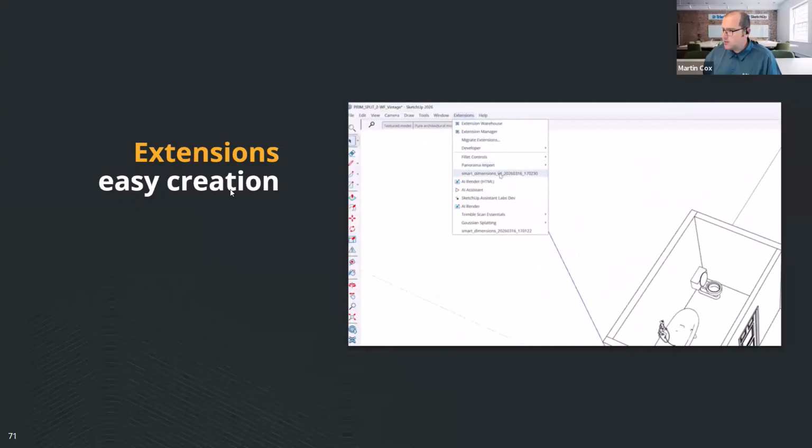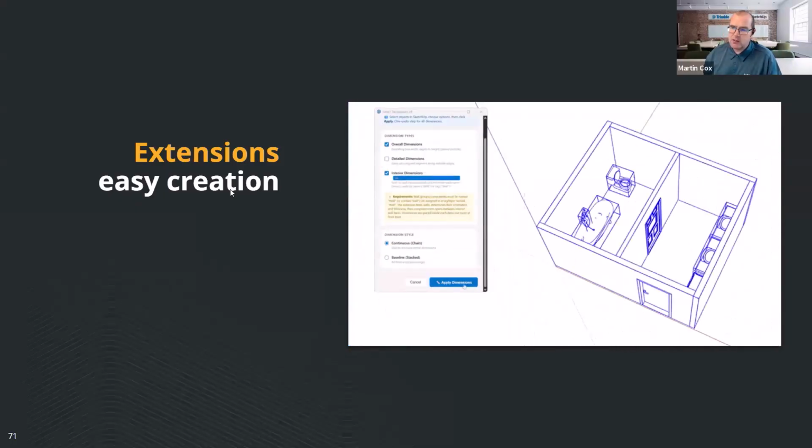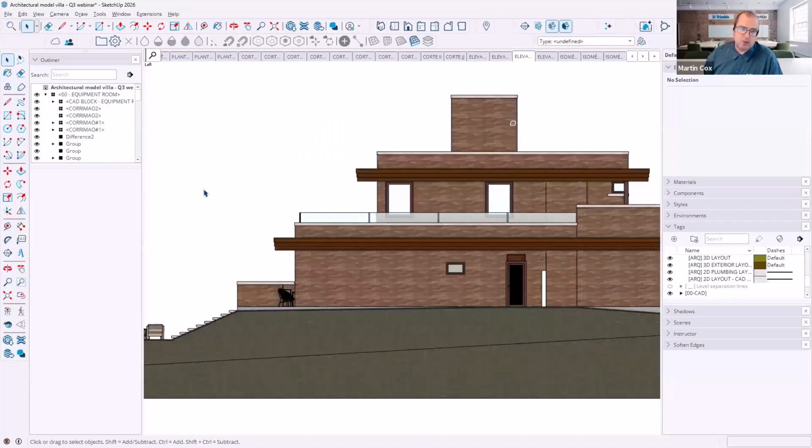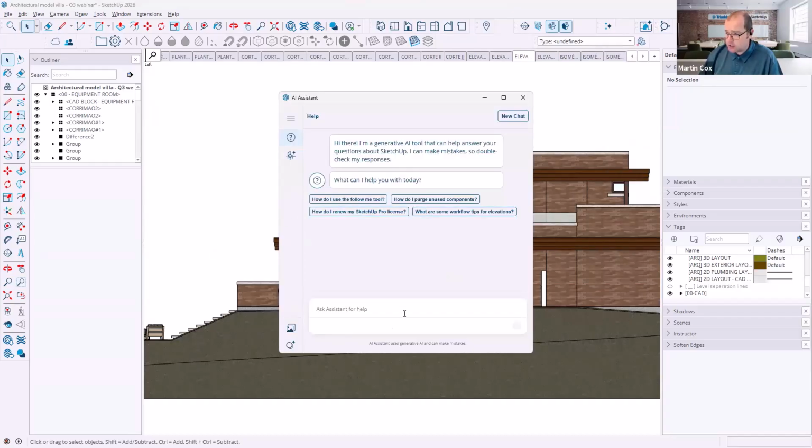Right, I'm going to go to questions. And what I'm going to do, I'm going to go back to SketchUp here because we've had a couple of questions regarding the AI tool within SketchUp. Now, AI tool within SketchUp, yes, it's there. And if you use the AI assistant, which is just asking for help, so if I say,